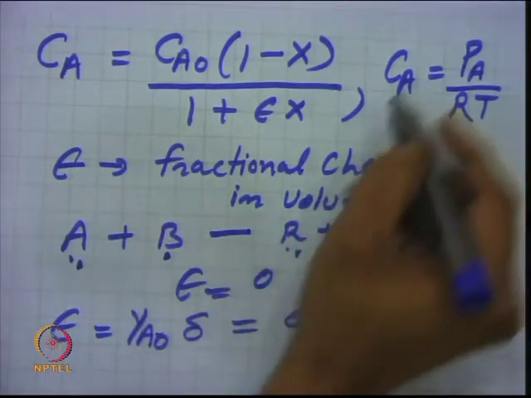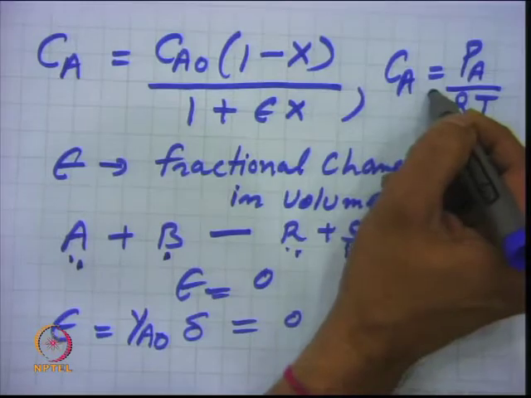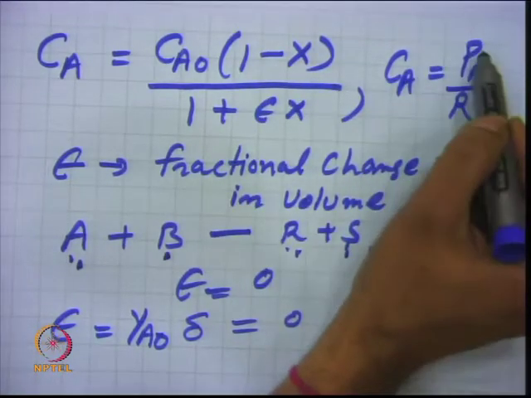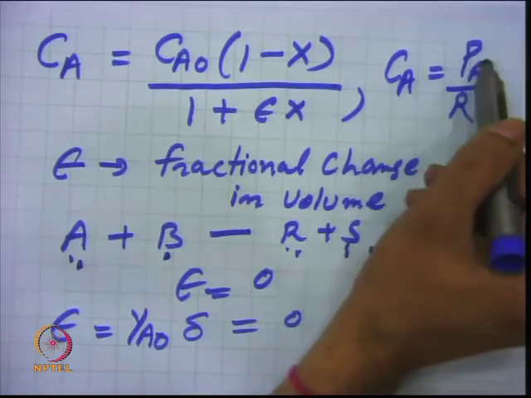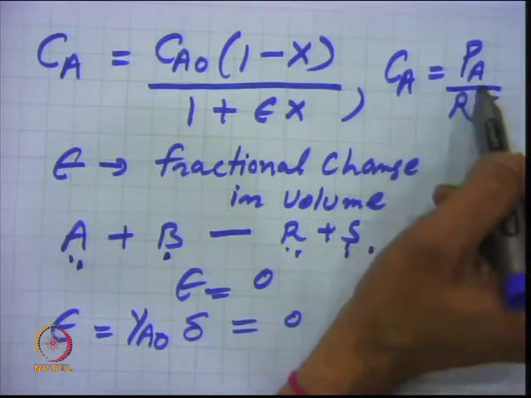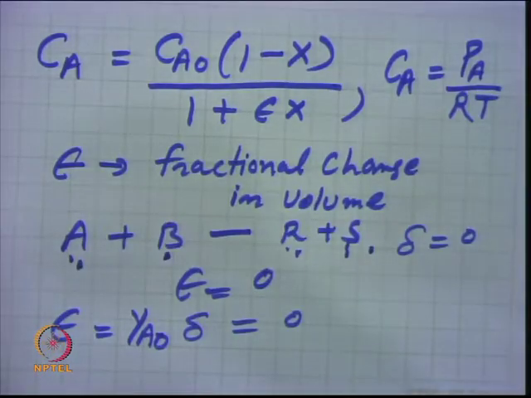In some cases you may be given the concentration data. So, one can substitute either in terms of concentration or in terms of partial pressure of A and partial pressure of B, which can also be written as total pressure multiplied by the mole fraction of the component. In this case, if you look here, we have the stoichiometric table, because if 1 mole of A has entered, so x mole reacted.